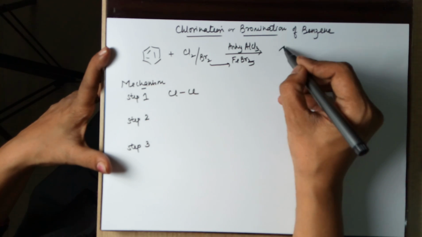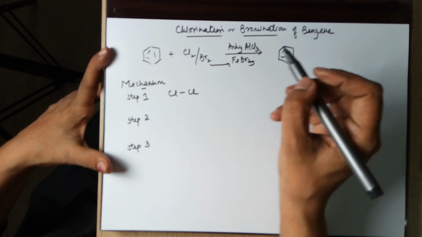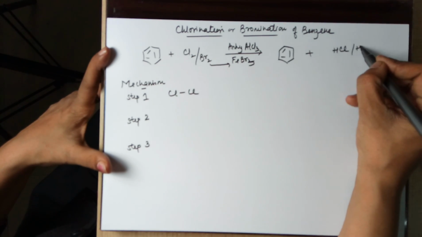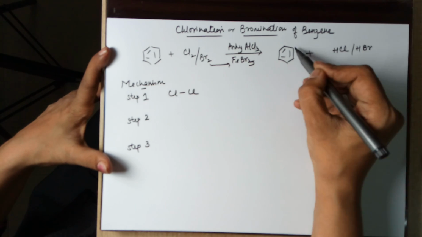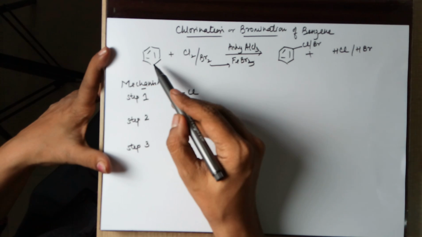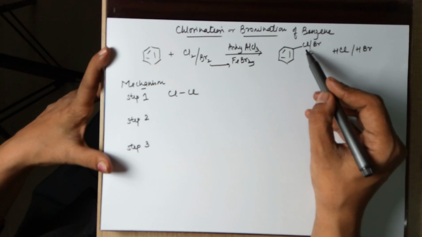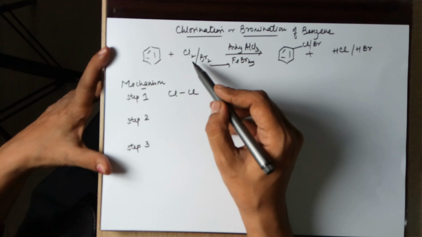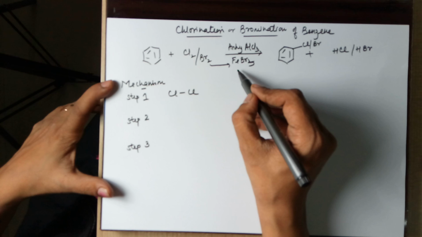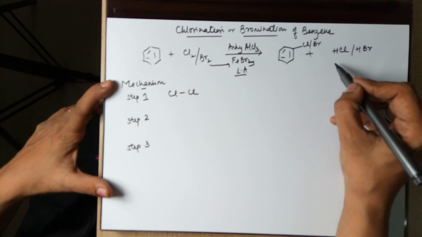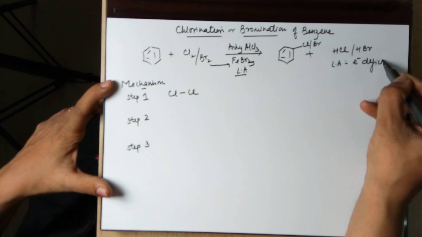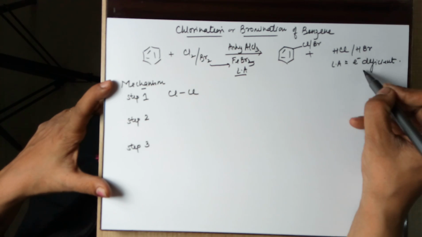Whatever you may use, the product formed would be, H is lost from the benzene, so it is either HCl or HBr, while here you would have either a chloro or a bromo. So when you want a benzene to be bound to a chlorine or a bromine, you need to add on Cl2 or Br2 in the presence of a Lewis acid. Lewis acid is an electron deficient entity.